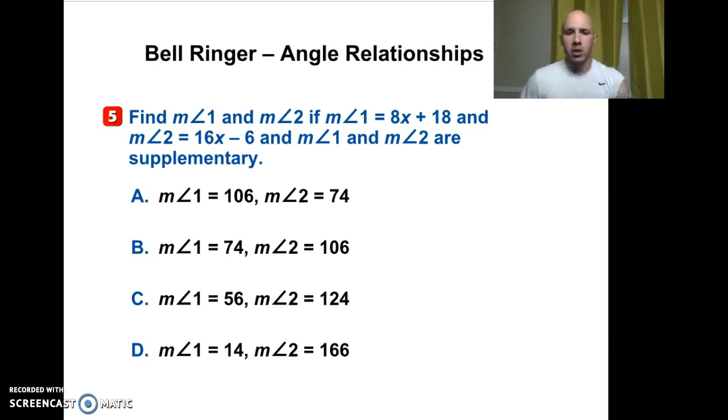The strategy here is how can we set up these two measures of these angles where they're supplementary. One, you need to know that supplementary angles add to 180, so you want to set this up accordingly: 8x plus 18 plus 16x minus 6 equals 180. You want to solve for your x and then substitute the values into the measure of angle 1 and